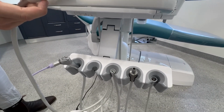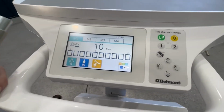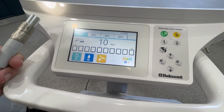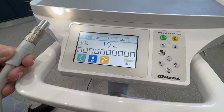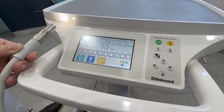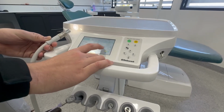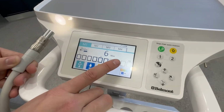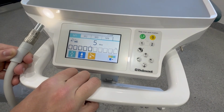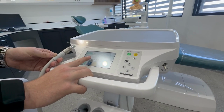And essentially when we pick up one of those air turbine lines, it brings up this screen here. This is one of the unique things about this chair. It's an amazing feature, something which is usually reserved for more electric motors. We've got this speed control on here for our air, or our air intensity. So what we can do is we can have either a fixed or variable mode where we adjust the intensity or the actual amount of airflow going to our handpieces,